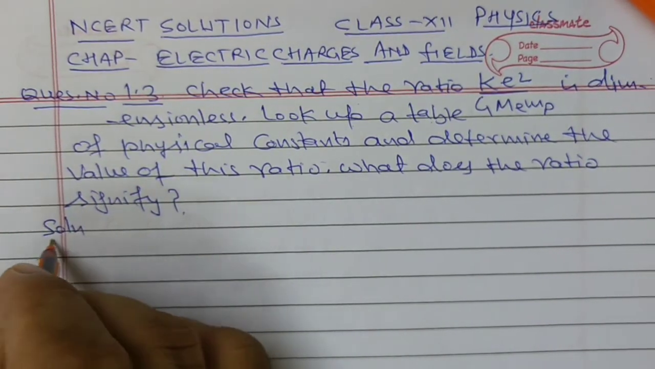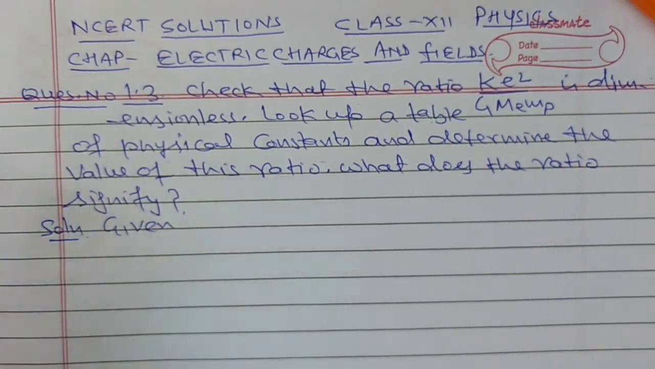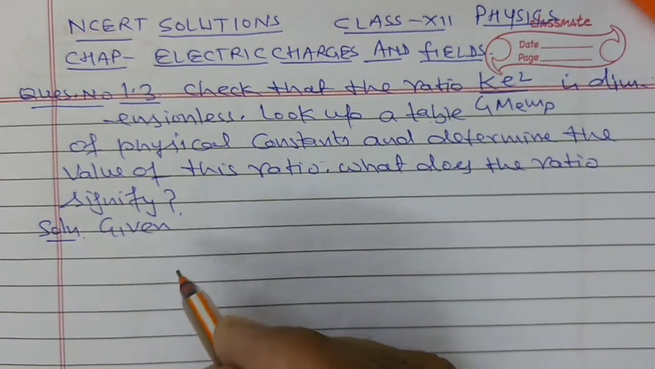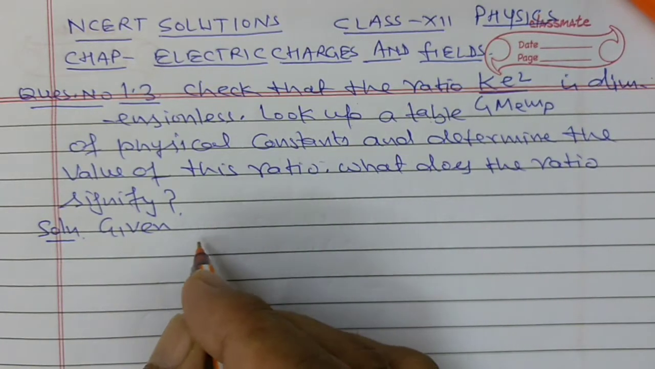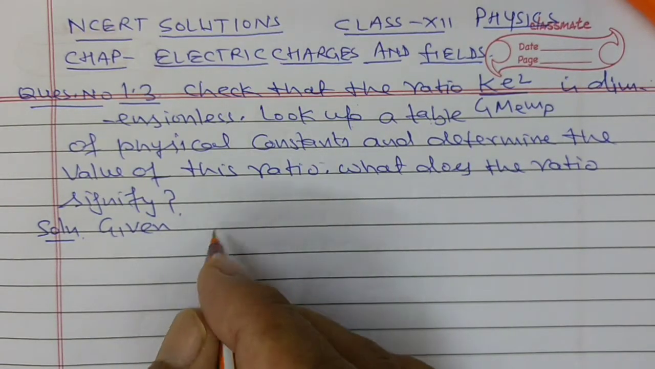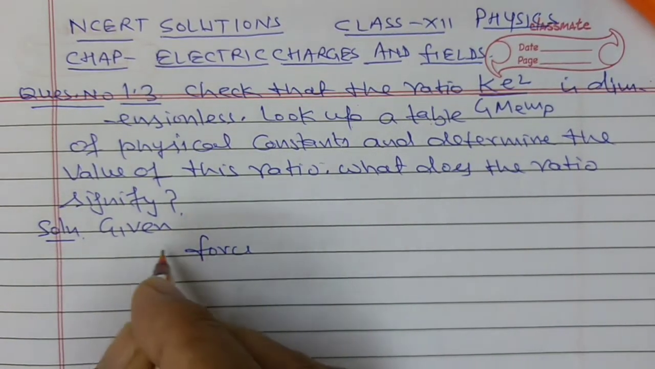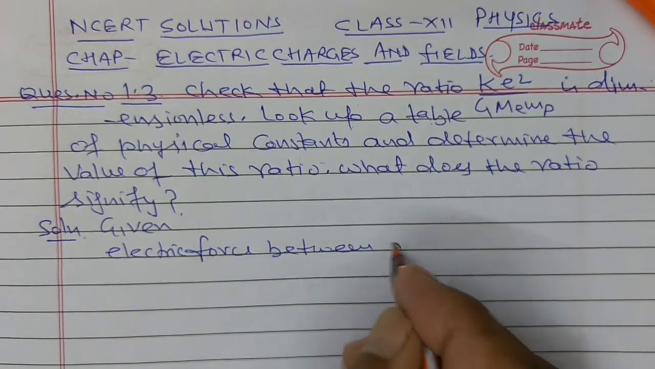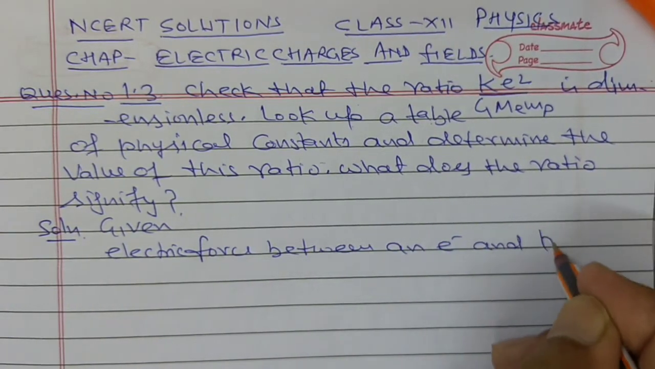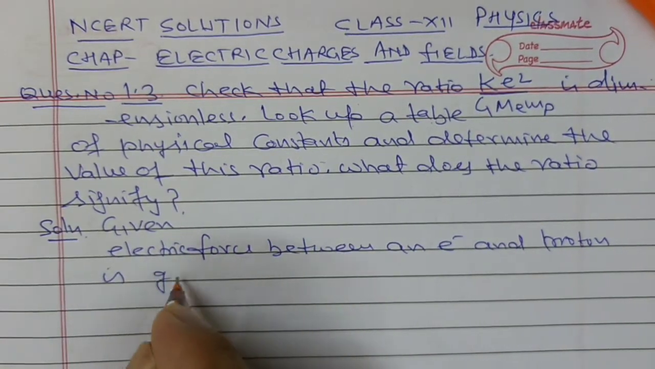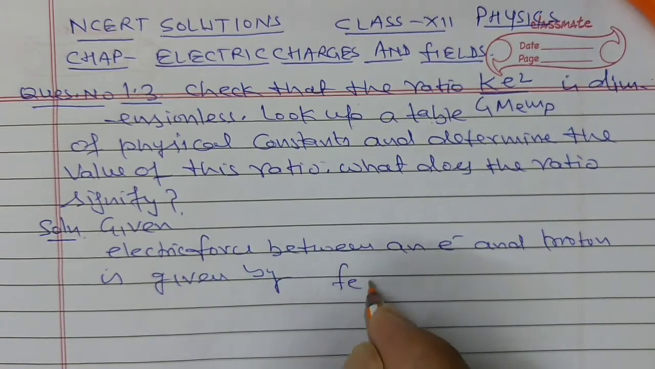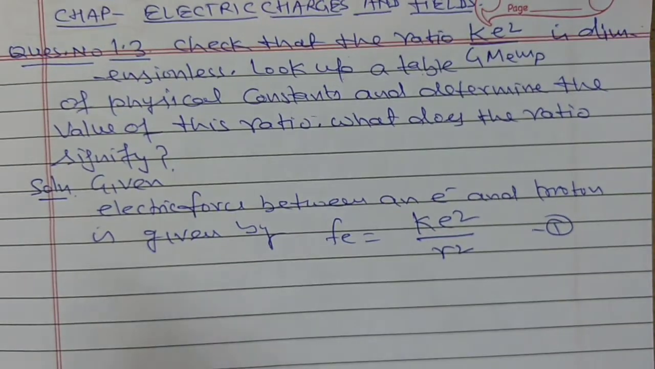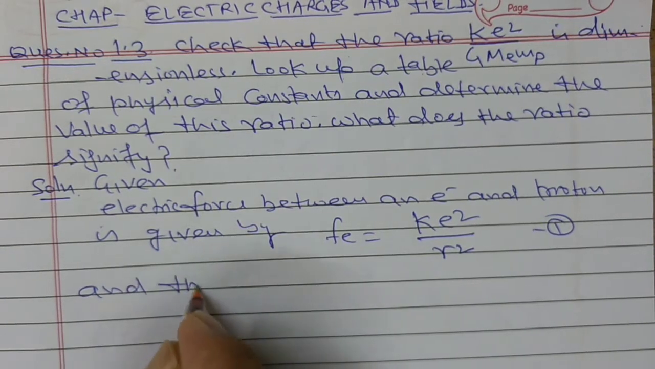In this question, given the ratio of this Ke square upon G Me Mp, we know that the force, or electric force, between an electron and proton is given by this F is equal to Ke square upon R square. (equation 1)